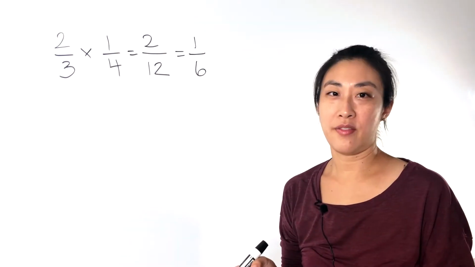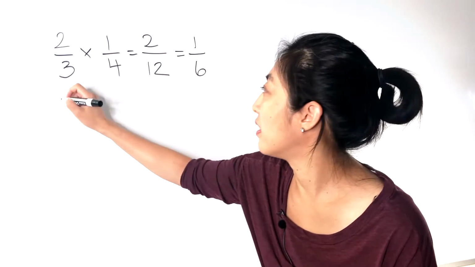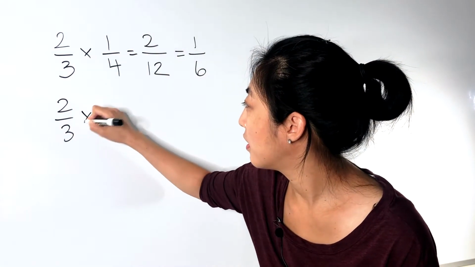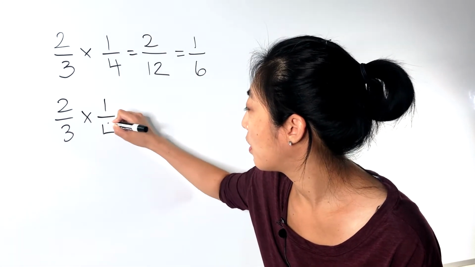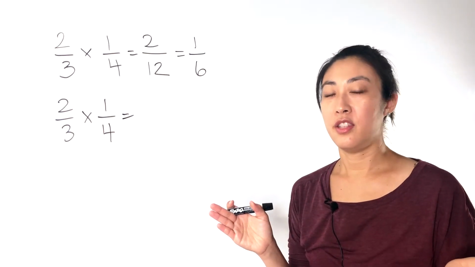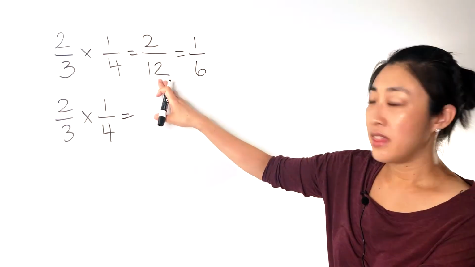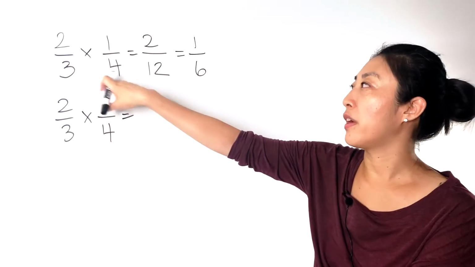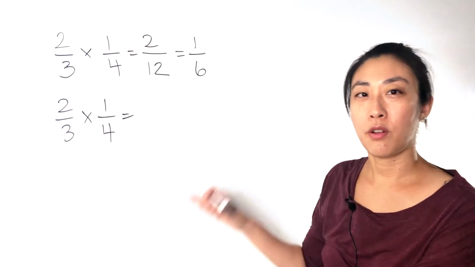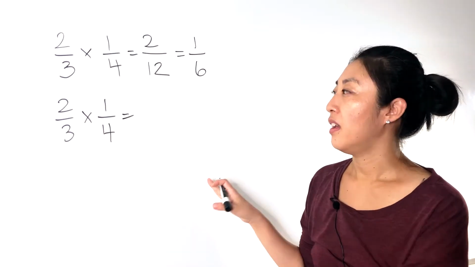There's another way for us to multiply fractions. So I'm going to rewrite the problem here. 2/3 times 1/4. The strategy that I'm going to give you is called cross-reducing. In this case, what we did was we just multiplied the numerators and denominators, got our answer, and then simplified it from there. But with cross-reducing, you can do that before you actually calculate your problem. And what I mean by that